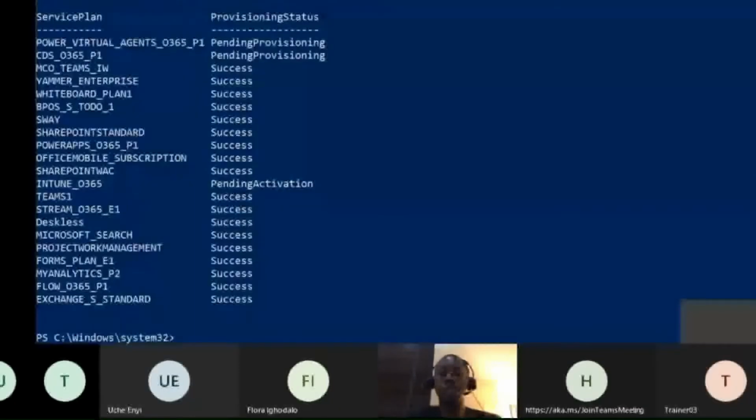So what I want to do now is that there are different services in that service pack. There are different services attached to the license. But in this case, I want to disable some. That's the essence of this call, right? So which one should we disable? Which one should we leave? So let's just,